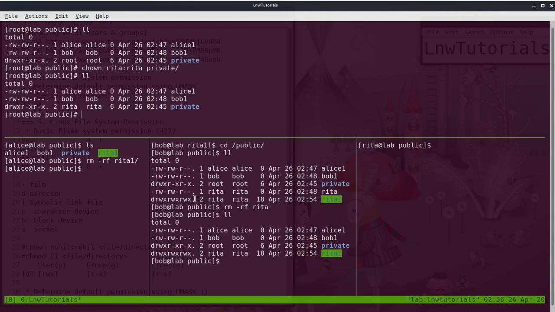Do ll, and I'm changing the permission. chmod 7 for user and 0 for group and other, for the private, right?